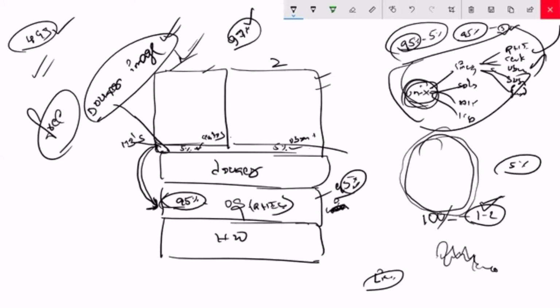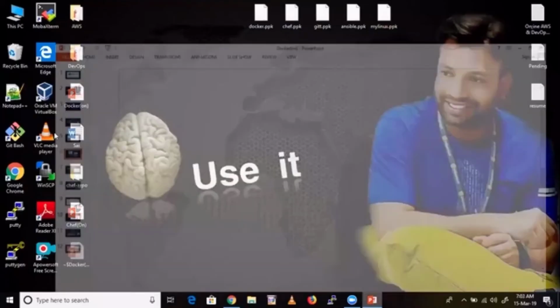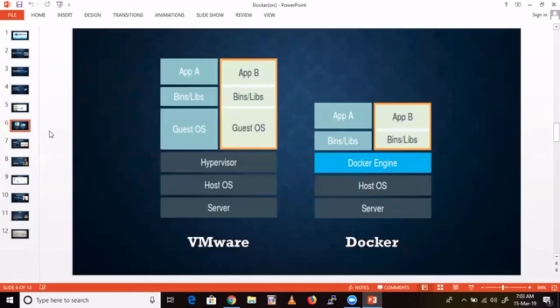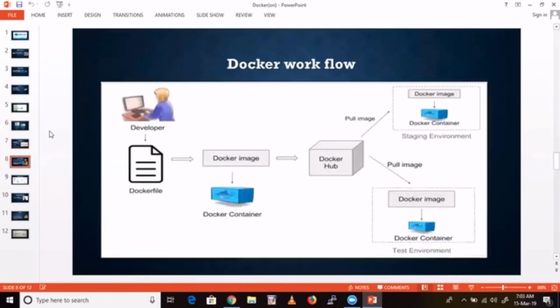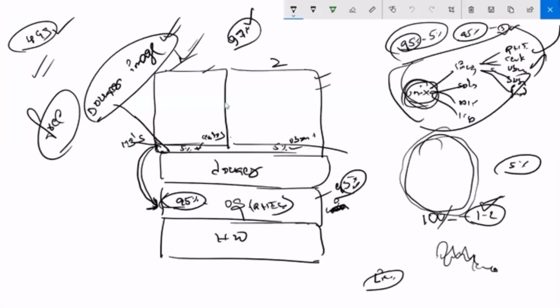There are still a lot of theories that we are going to see in our next classes. A lot of theory that we need to discuss, all the benefits and so many things, we are going to see tomorrow one by one, and the layered file system, everything we are going to see tomorrow. Whatever we discussed is just a quick introduction of Docker.